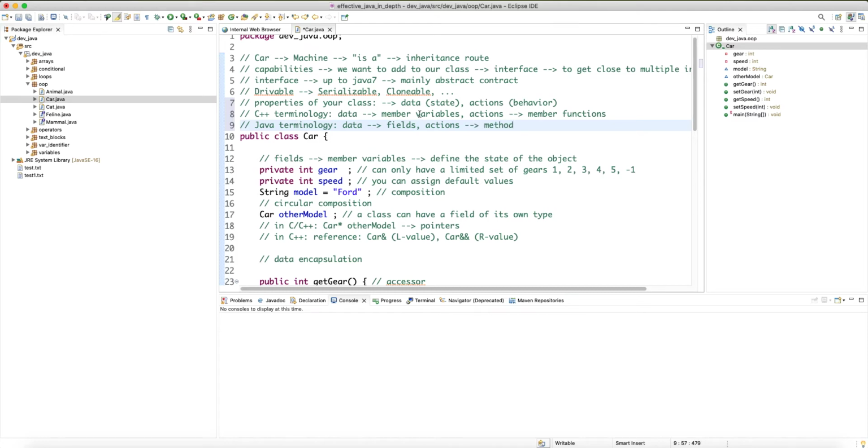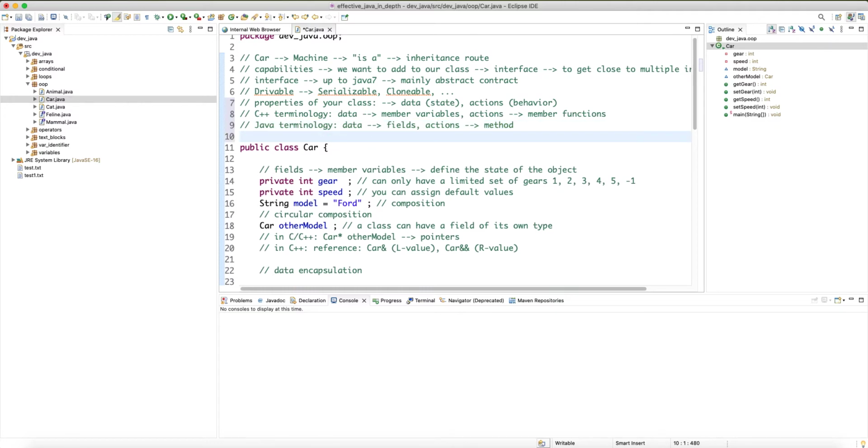So in Java, because every function has to belong to a class, they decided that instead of differentiating between standalone functions and functions in a class, which you use the member keyword for, they would just call every function a method. Every function has to be a method, which means every function has to be inside the scope of a class. Now in C terminology,